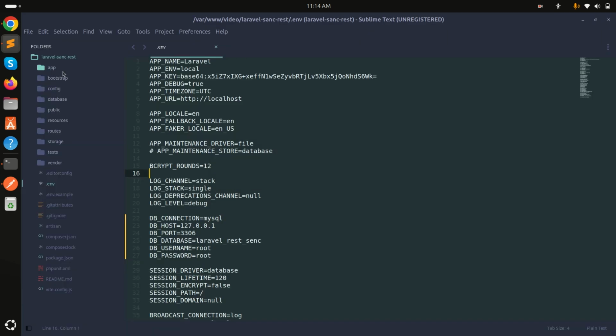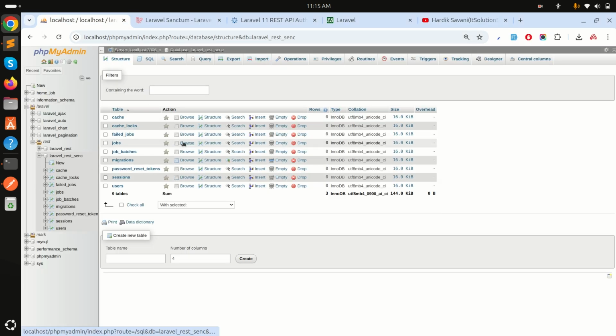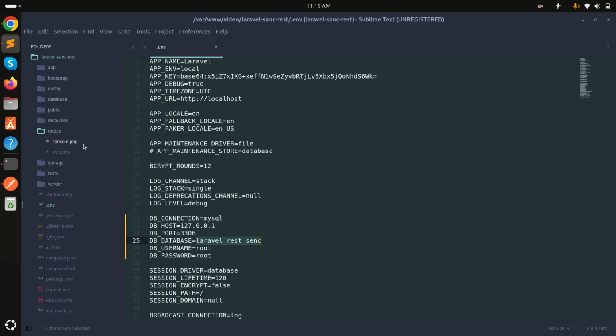I already downloaded a fresh Laravel application, as you can see, and also configured the database. I already set up everything fresh. Now, first of all, if I go into the routes, there is no api.php